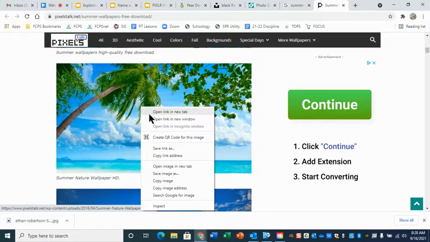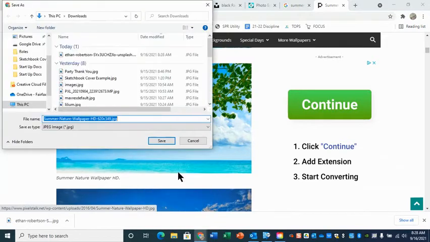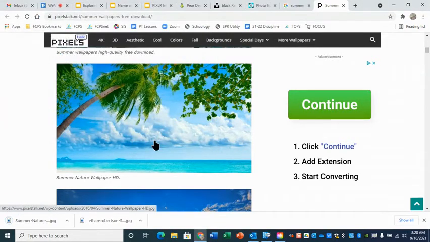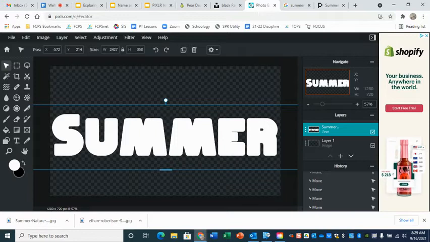And I'm going to right click and I'm going to save the image as. And these are both going into my downloads, so keep that in mind. You should be moving them to the appropriate place. Now back over in PIXLR,